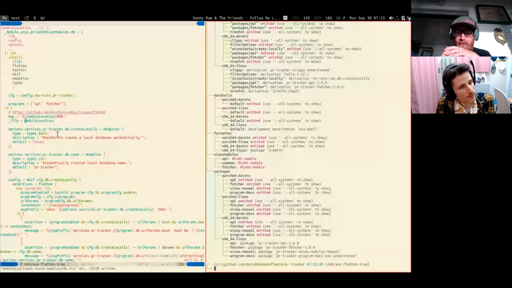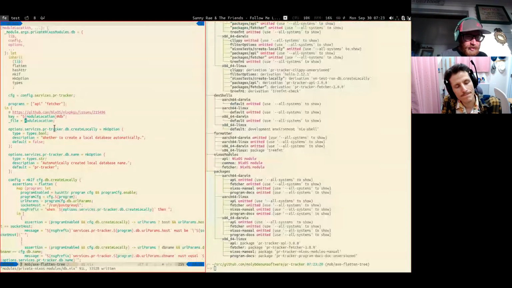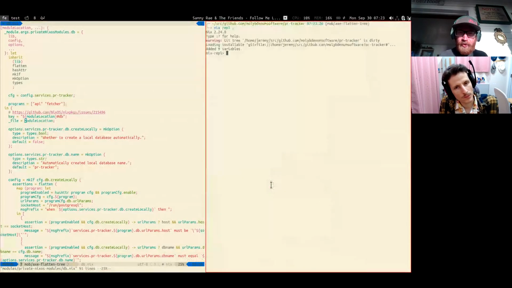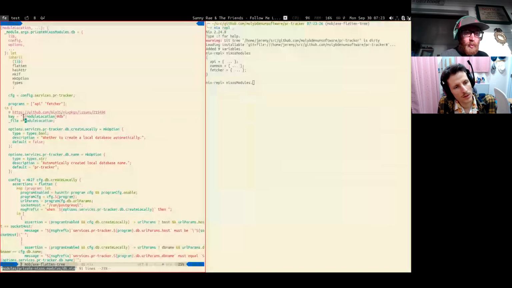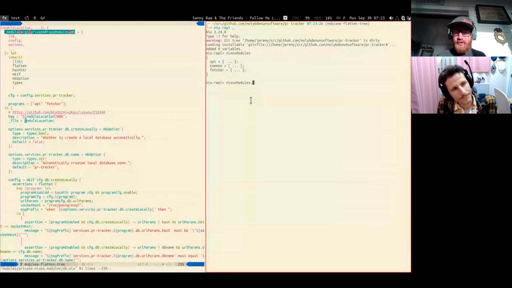I'm a little curious to look at this. Can we get our hands on it? Like if I do a nix repl, and do nixos modules dot... oh, this is a private one, so I can't get my hands on this. I was just curious to get a sense of what module location evaluates to, but given that this thing's private, I don't think there is a way. We put so much effort into keeping it private. I don't know how to get my hands on it, other than doing a built-in